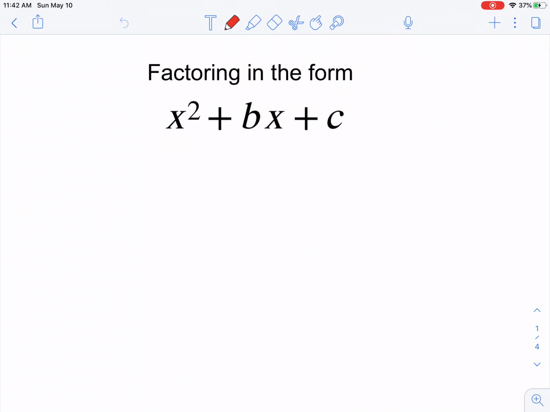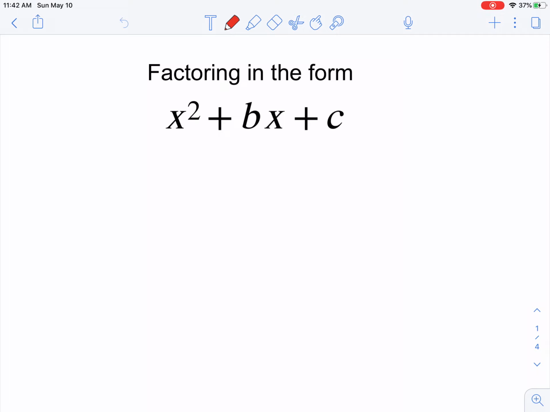Hi everybody. So this week's video is going to be about factoring trinomials. It's called a trinomial because there are three terms there. There's x squared is a term, bx is a term, and c is a term. And we're going to be factoring these and essentially going in the reverse of what we did with FOIL a